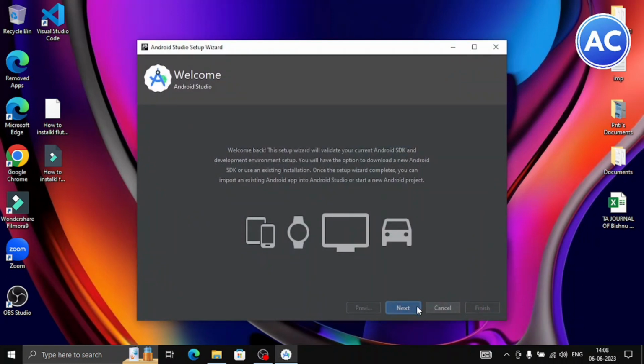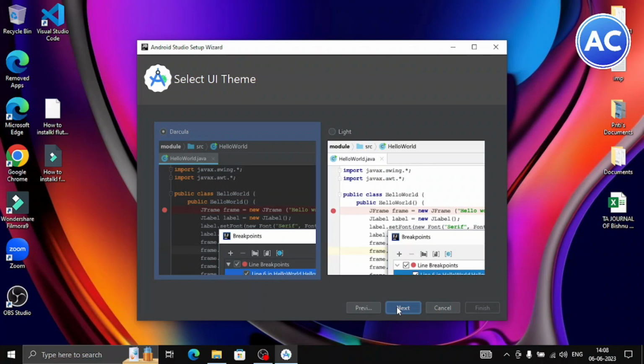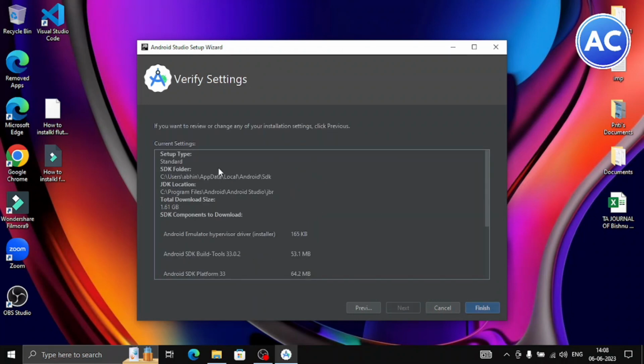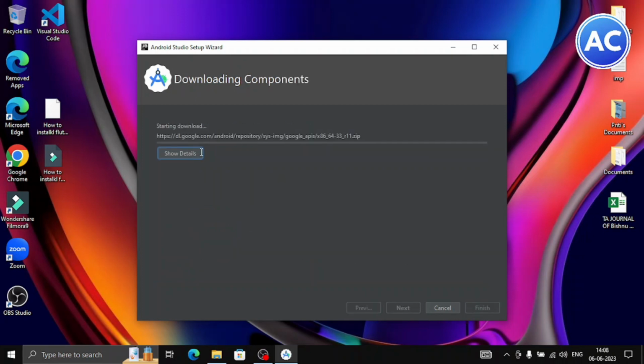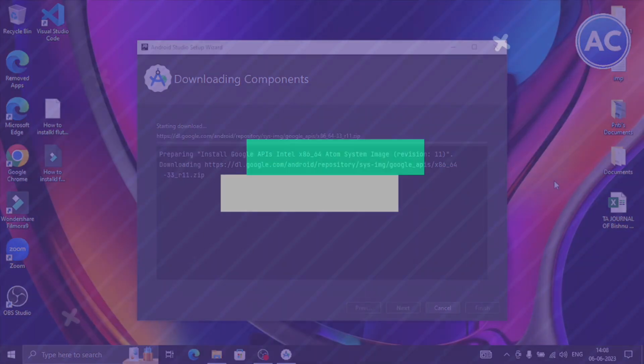Here we need to do some setup. Click on next, then standard, and then next. I will go with the dark theme and it will install this much of things. So click on finish. It will take some time. Actually it took a long time for me to do it. So after it is installed,